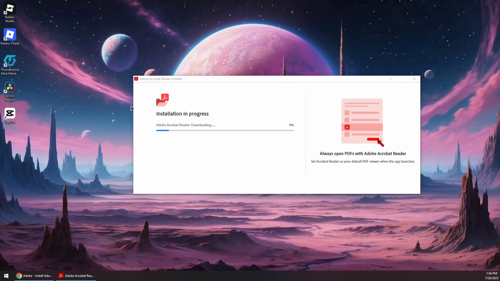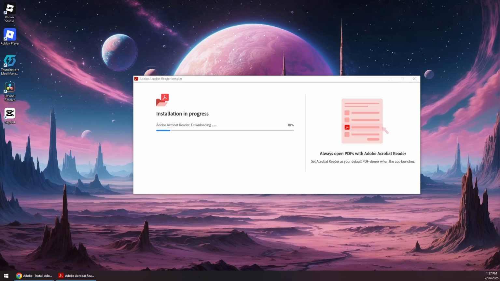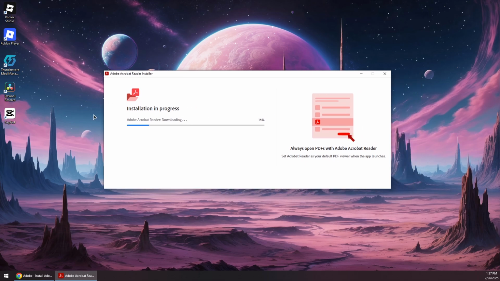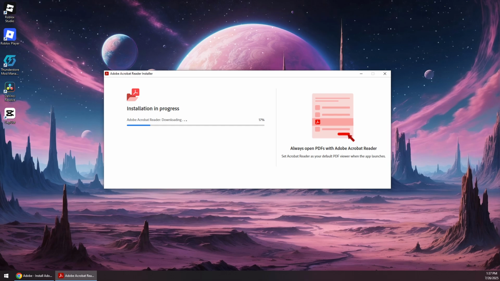Now the version we're going to be downloading and installing right now is free. There is also a paid version with a monthly subscription. And once this finishes downloading, you'll simply need to launch Adobe Acrobat, or you can also open PDF files